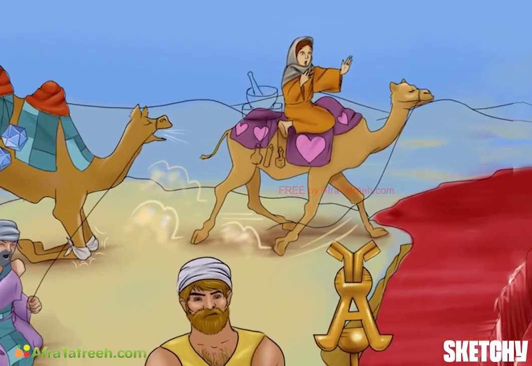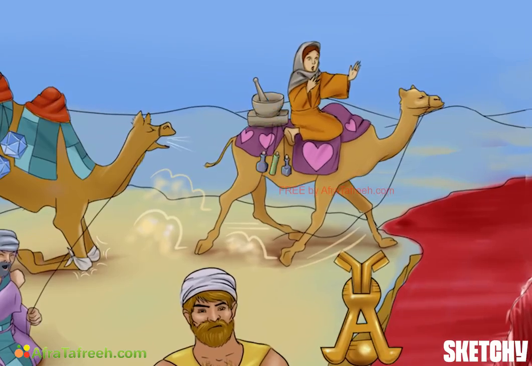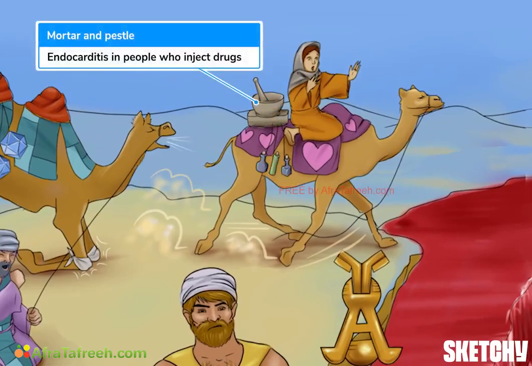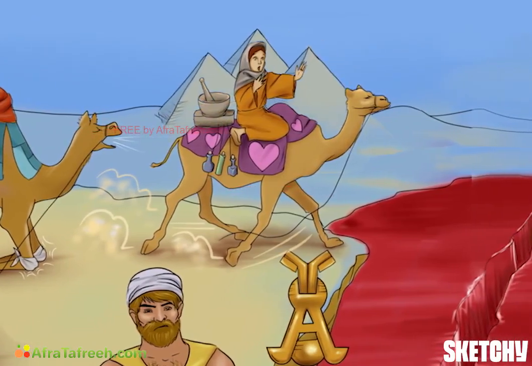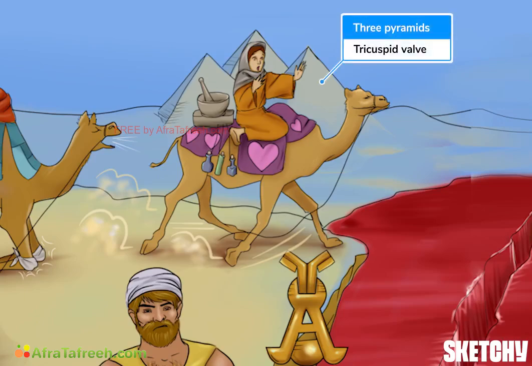And we'll draw a mortar and pestle with these weird medication vials. These drugs will remind you of IV drug use. To remind you that tricuspid is the most commonly affected valve, we'll draw these three, or tri-pyramids lined up directly